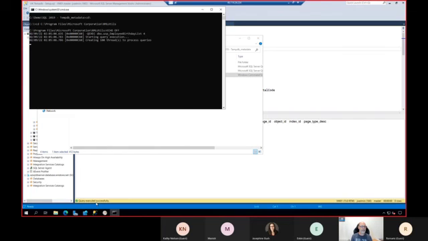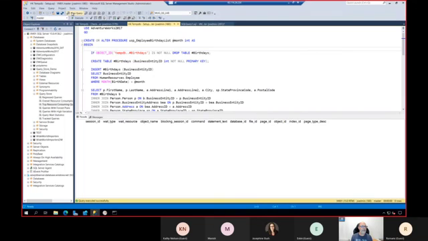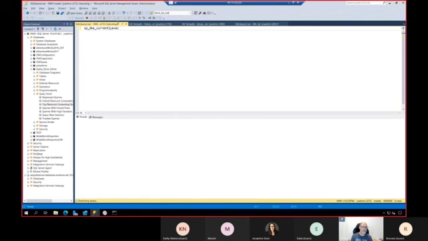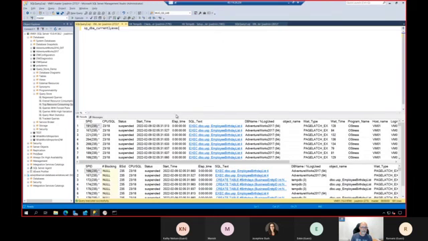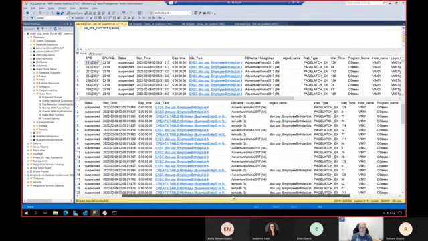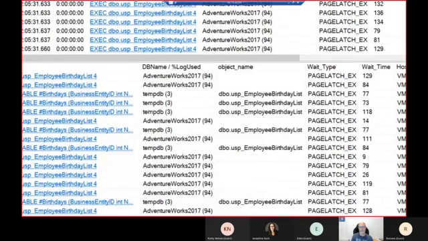Now I will call this stored procedure multiple times in multiple threads. So now it's running. If we go check, we see the batch requests per second went through the roof. If we check the activity on my instance, this is my own version of sp_whoisactive. You will see here that there is a lot of blocking. The session 235 is blocking this other. And when we check the wait type, we see that it is page latch exclusive.